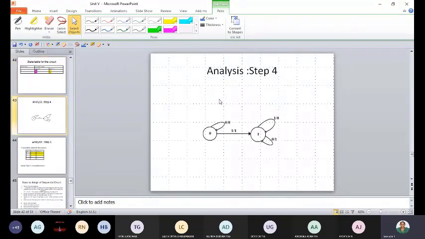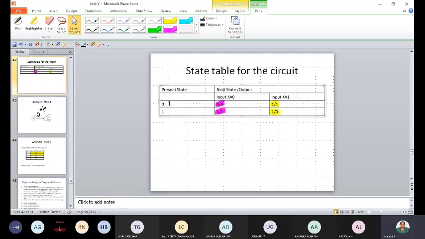0 slash thing will be giving your input and output. This is input slash output of the circuit. Output of the circuit. What is the input that is being given? When your present state is 0 and when your input is 0, what is the next state? This is when your input is 0, your next state and the output. What is the next state? Next state is again 0.